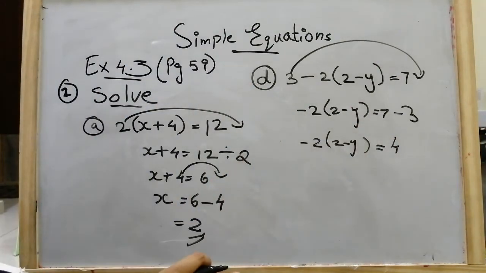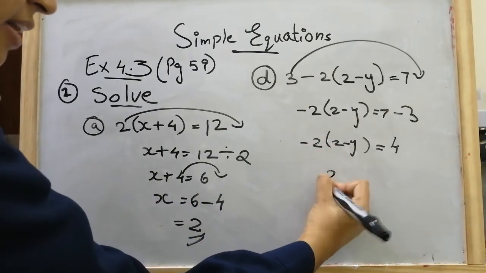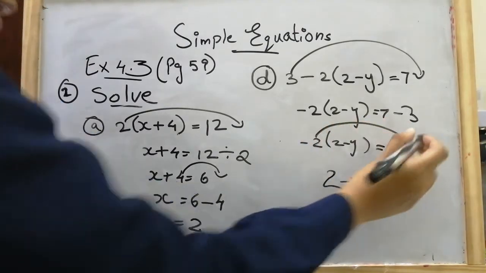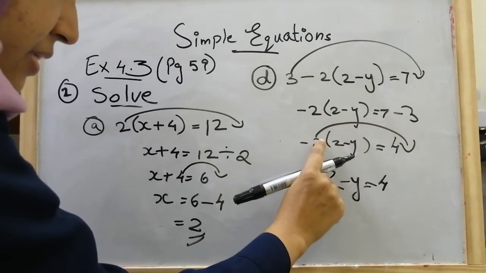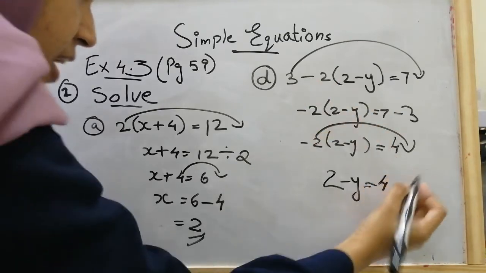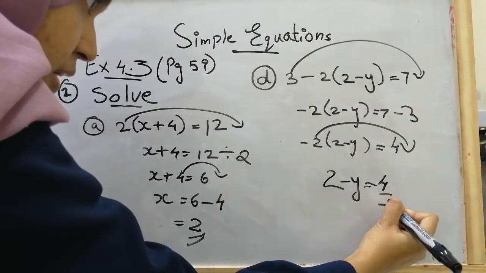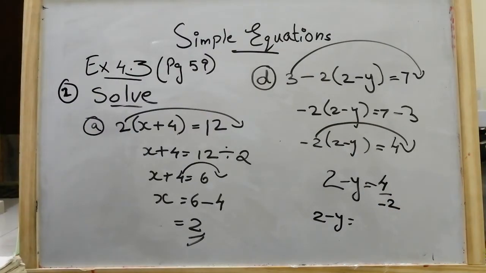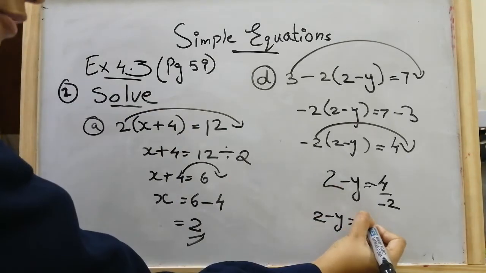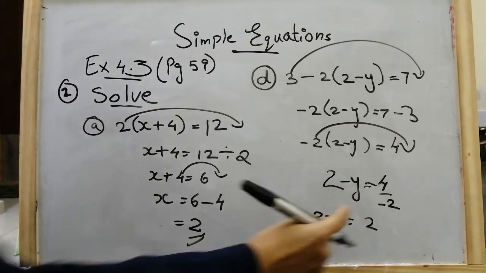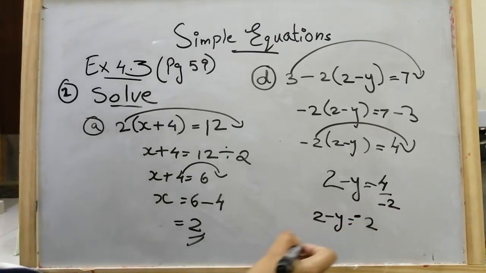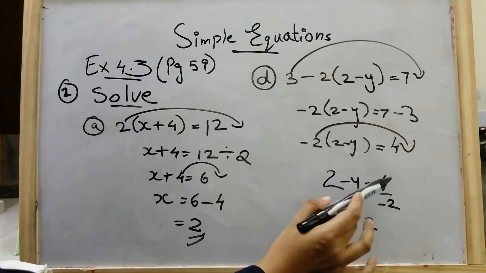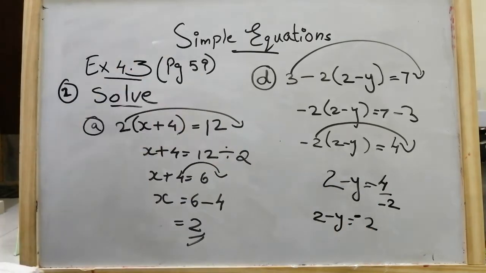Now again we'll keep 2 minus y as it is, and 4, and we'll write this over here. Now here, as I told you, nothing is there in between, means it is multiply. So when taken that side becomes divide. Now 4 divided by minus 2. So 2 minus y is equal to, what is 4 divided by minus 2? 4 divided by 2 is 2, right? That minus sign, we will just put it with this. If there is a minus sign for both numerator and denominator, it gets cancelled. Since it is there only for the denominator, it will go with the answer.